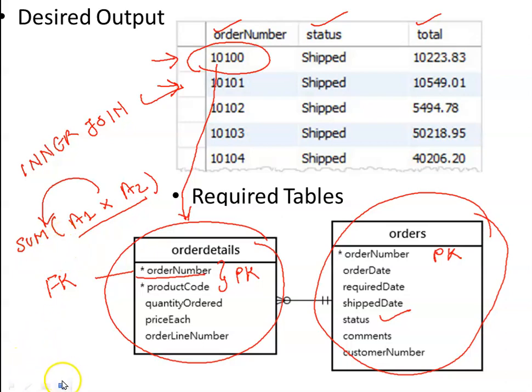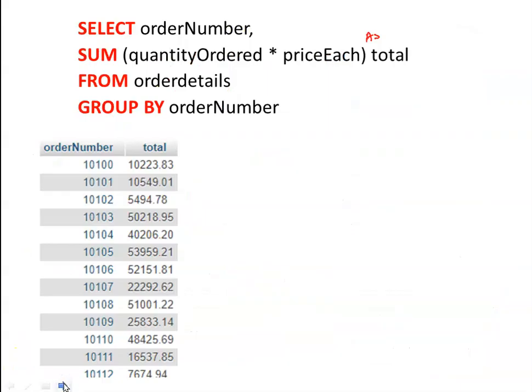So when I execute this particular query, I get this output. So I am multiplying those attributes, that is quantity ordered into price each, and I am displaying the total amount with respect to each order number. Now over here order number is 10101 because since we are using group by, a single value is being displayed. But this is not what we want. We require the status also to be displayed.